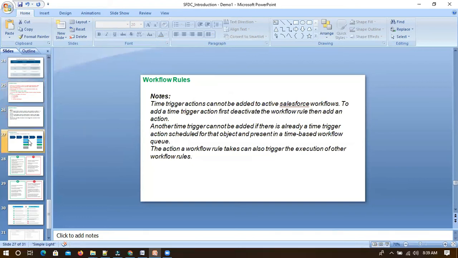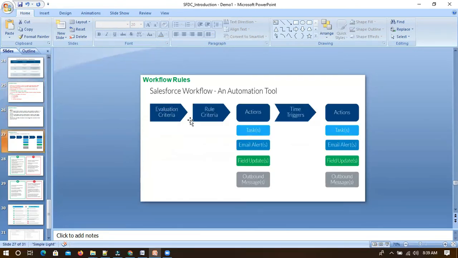And workflows, like we have seen, how will we be defining a workflow? We have to define the evaluation criteria and the rule criteria. Evaluation criteria means we'll have three options, right? Whenever it is created, or every time it is created and modified, or whenever it is created and subsequently meets the criteria. For the rule criteria, we have to define our own rule, like checking the stage name and whatever fields we can check, and based on that it will be firing.